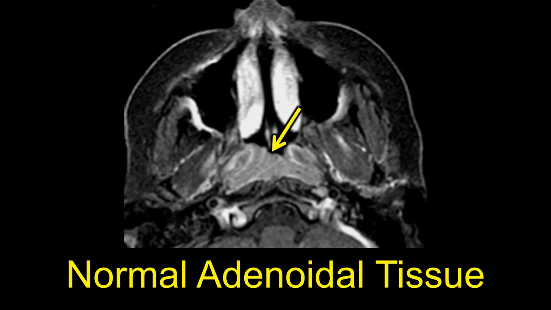So this is a case where we have an axial post-contrasted T1 MRI study. And we see the fat is dark, like the subcutaneous tissues around the cheek. And you see the arrow here is pointing towards this adenoidal tissue. There's nasopharyngeal adenoidal tissue, sometimes called the adenoids, that are up high, and you can see these inflammatory septations within it, these white lines on this post-contrasted image. And that helps me guess that this is just inflammatory changes to that adenoidal tissue, what's called part of Waldeyer's